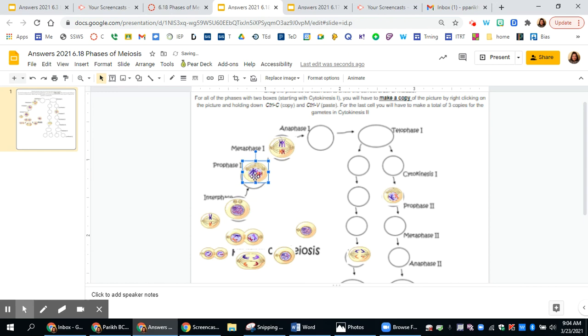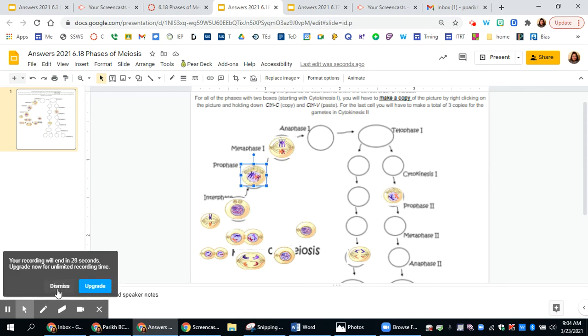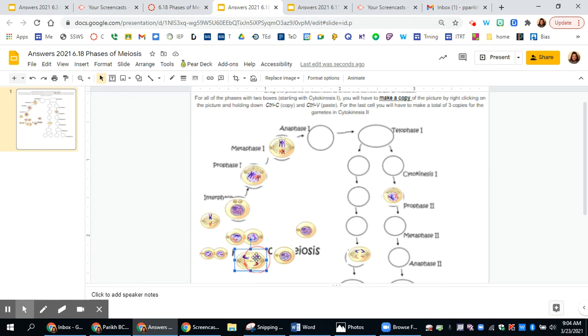Now, here are the first phases. Notice we still have PMAT, but there's a 1 behind each of the first ones. We know that this is prophase 1 because notice how they're intertwined and crossing over is happening. We know this is metaphase 1 because they're in the middle. And anaphase 1, notice the entire X is being pulled to either side. In telophase 1, we have our cells starting to split. And then I want you to notice that everything that happens in the last phase, the reason I said you had to copy them is that you're going to have 2 of every